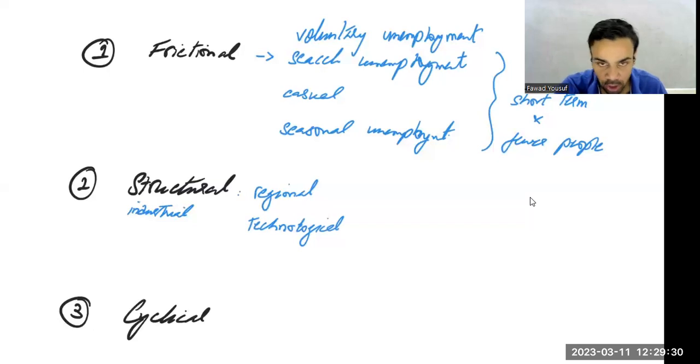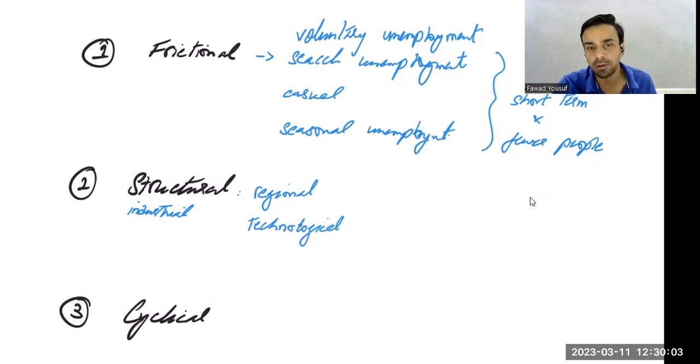Then you have technological. Obviously this one has to do with some advanced technology coming in and it sort of replaces a certain number of people. For example, it could be a tractor coming onto farmland. Because of tractors, farmers becoming redundant is a typical example of technological unemployment. ChatGPT, we know, is going to create a lot of people unemployed because of that technology coming in, right? So this is how our discussion can go.